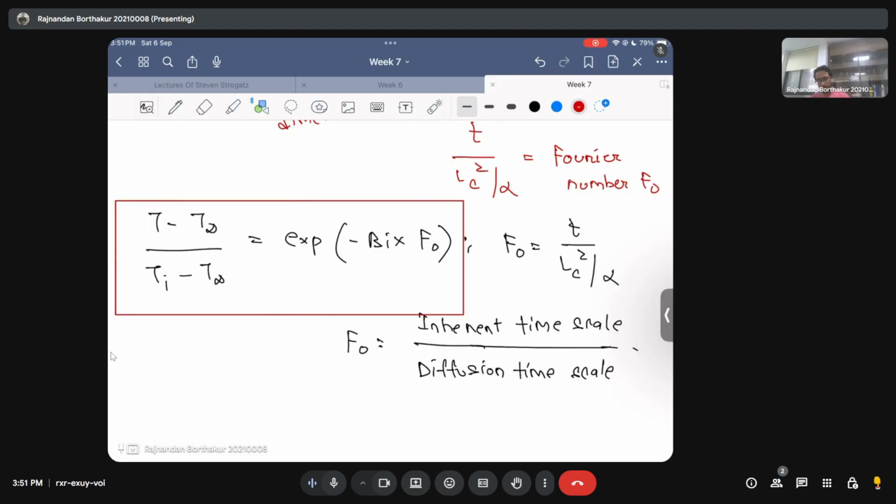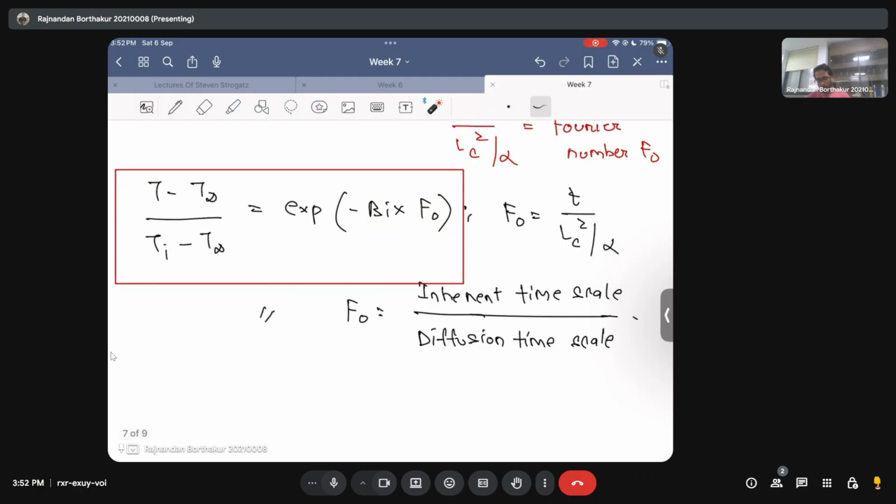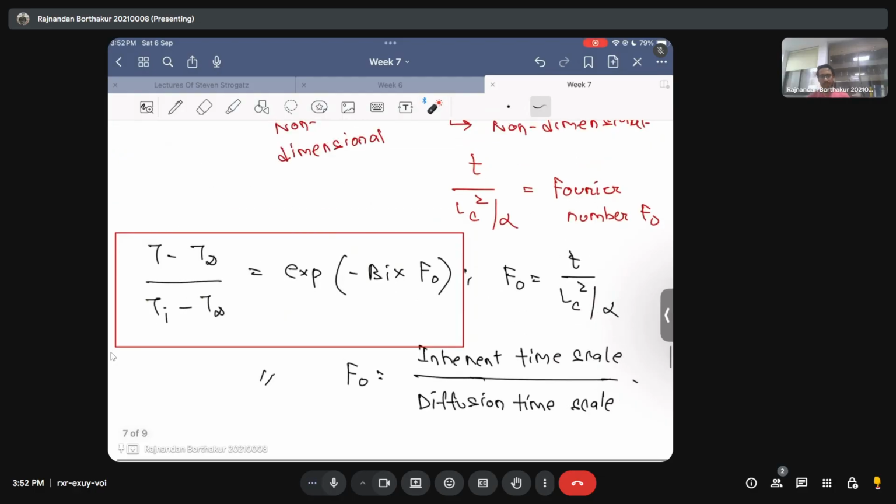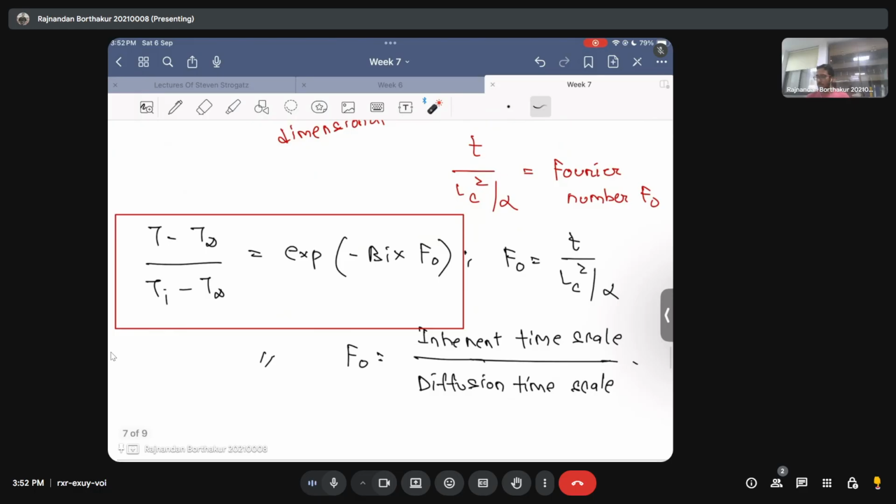All right. So this is another form of the temperature profile, where you can write the temperature profile as an exponent of two non-dimensional numbers, Biot number and the Fourier number, where this Fourier number denotes the ratio of two time scales of the body. I hope this is clear, and with this you can answer a lot of problems. This will help you to answer a lot of problems in the assignment of this week, that is week 7,